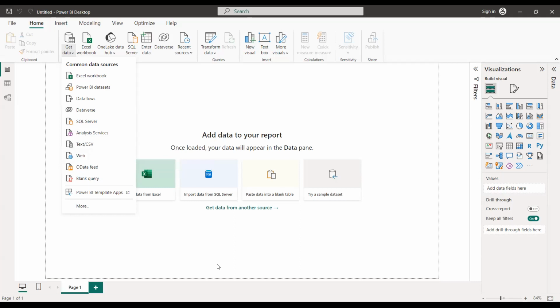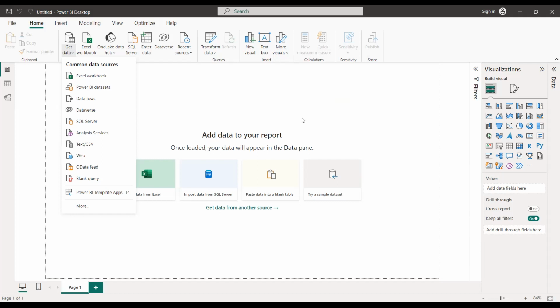Someone is asking a question. Please, can I import data from the R program also?